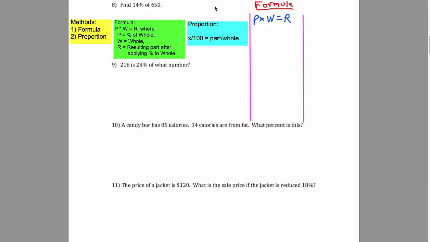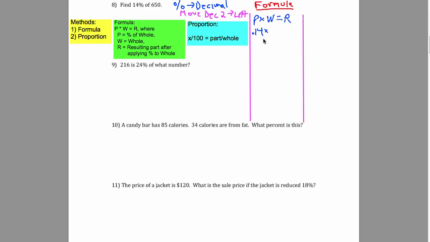Now, you could use 14%, but it's much easier in math to convert a percent to a decimal before you use it. And the way you convert a percent to a decimal is by moving the decimal 2 to the left. So we'll do that here, and we'll write 0.14